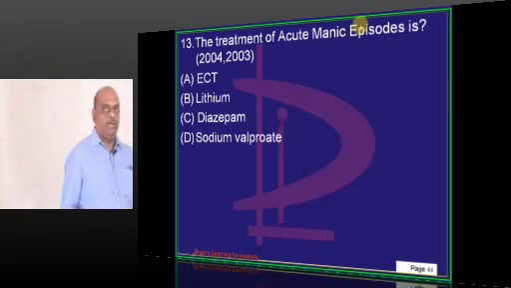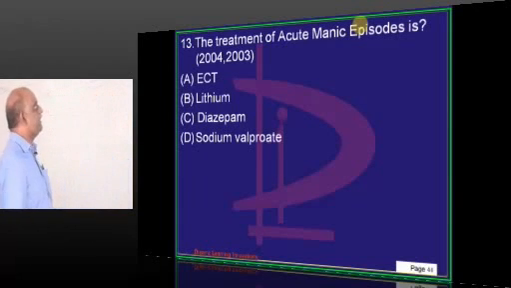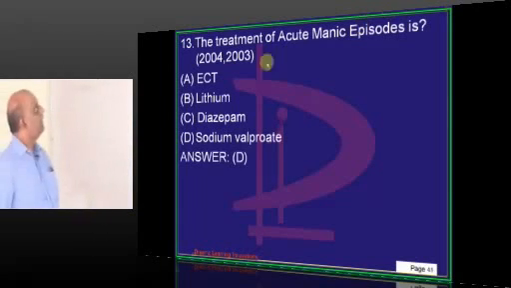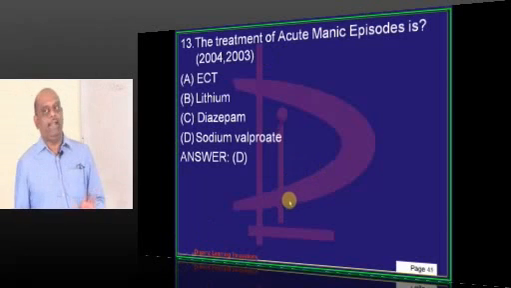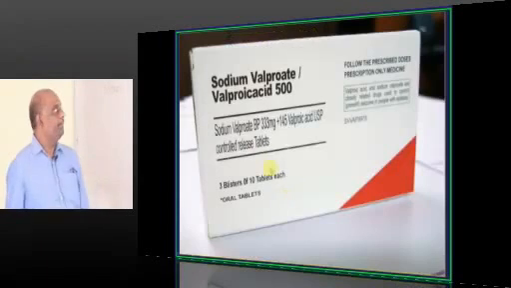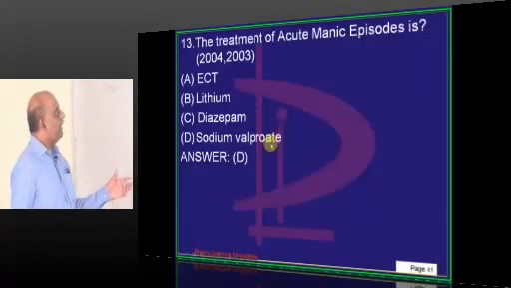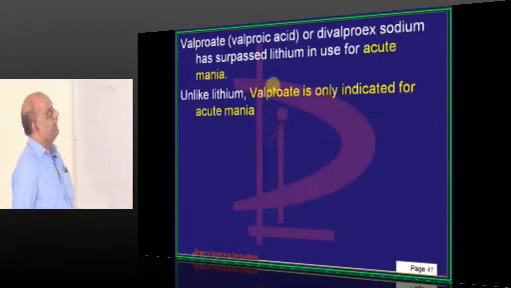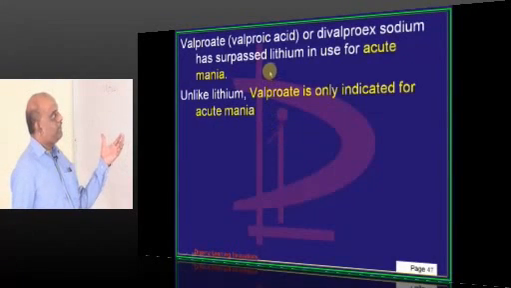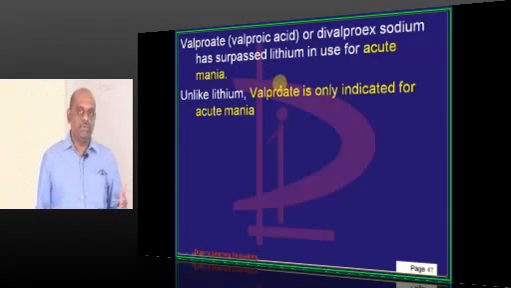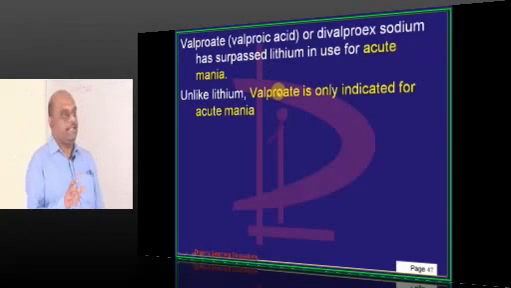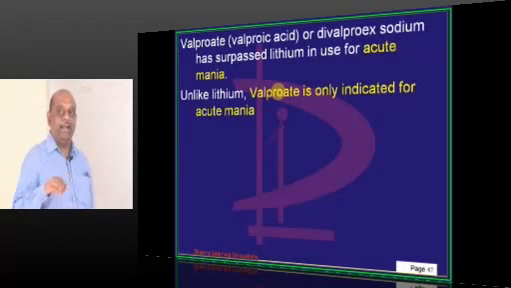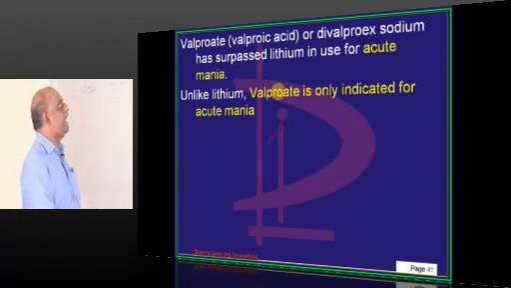Now what is the treatment of acute manic episodes? Once more, a 2003 and 4 question. Acute mania only is there. Acute manic episode. So sodium valproate typically is used. Earlier days they used to use lithium, but sodium valproate has proven to be much more efficient and efficacious than lithium. That's the reason the answer becomes